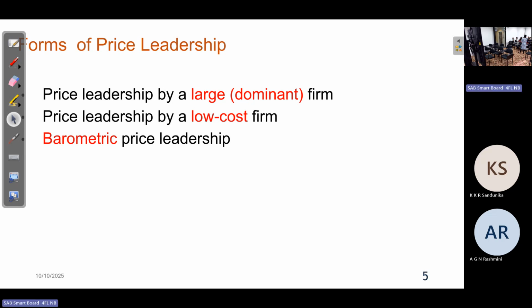In cement, who has the lowest cost? Any idea? In the cement industry in Sri Lanka, we have INSEE, Sanstha, and Tokyo. Among them, Tokyo is said to have the lowest cost. So likewise, these examples are for your reference, even though they are not in the slides, you can write them. These are at least 1 or 2 examples for each. Okay.